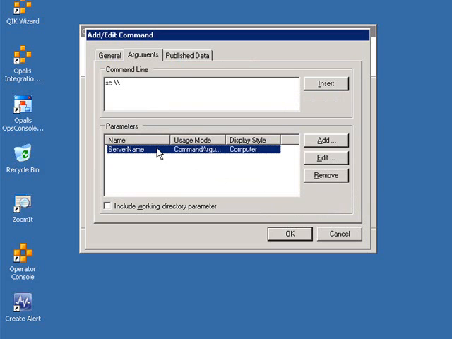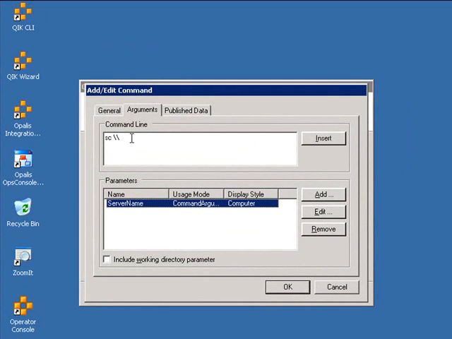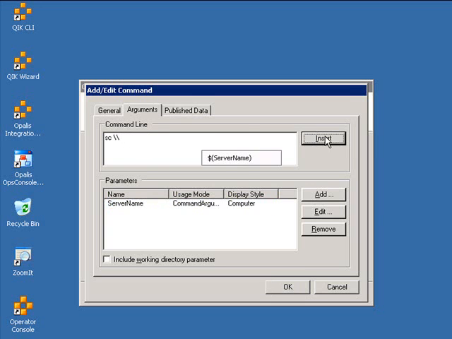And now that the parameter exists, we can use it in our command line. So we have two methods to do that. We could click up where it needs to go and right click and choose server name, or we could click where it needs to go, choose insert server name. The next part of the CLI is the word config space, and then the next parameter is necessary, which will fulfill the service name. We choose add